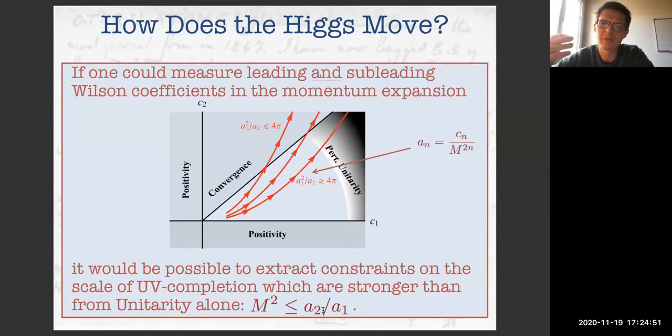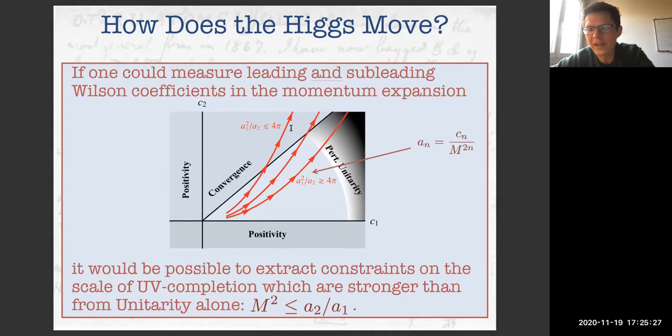And this is not the same upper limit as we're accustomed to with perturbative unitarity, for instance. So imagine you have these two, in the plane of C1 and C2, you can't actually measure C1 and C2. All you can measure is A1 and A2, and m squared is some unknown quantity. So for each m squared, you've got a point in this plane. So you measure these two things, and you've got a trajectory as you vary m squared. But actually, at some point, you might hit the regime where perturbative unitarity is violated. That's when A1 squared is comparable to a function of 4 pi's times A2.